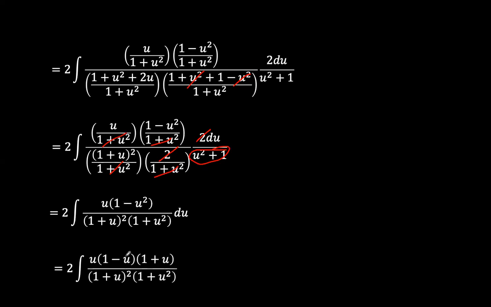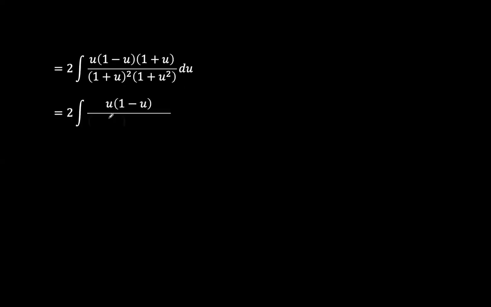factorize 1 minus u squared, the same as 1 minus u times 1 plus u, so that one of the 1 plus u in the denominator cancels with that. And so the integration becomes 2 times the integral of u times (1 minus u) over (1 plus u) times (1 plus u squared). So we can now use, we can try now to